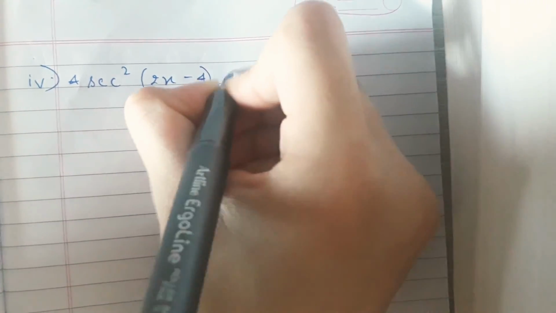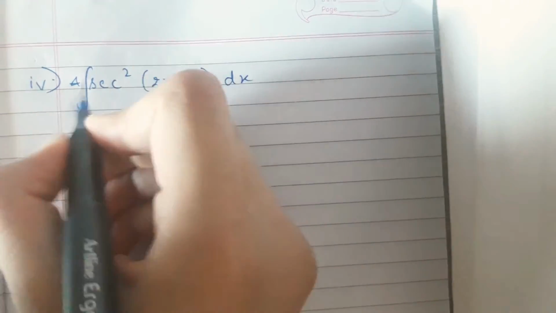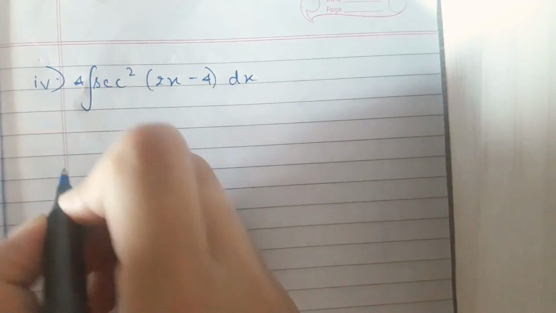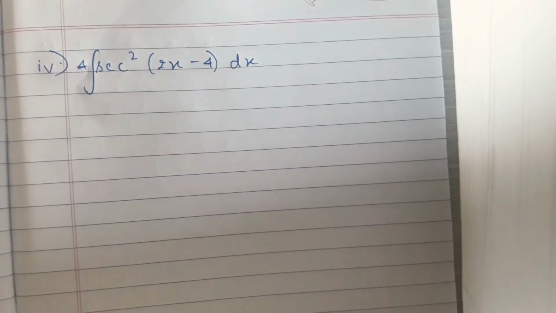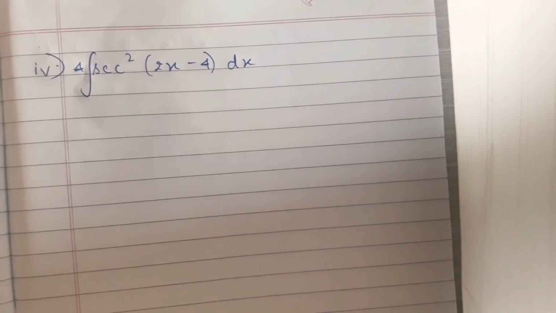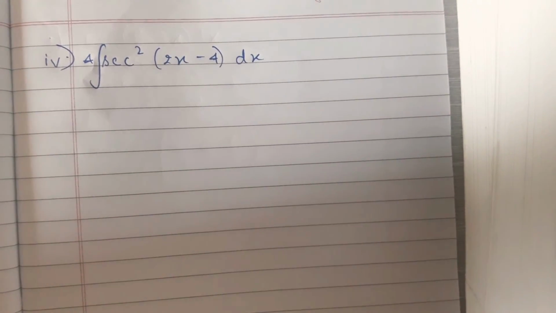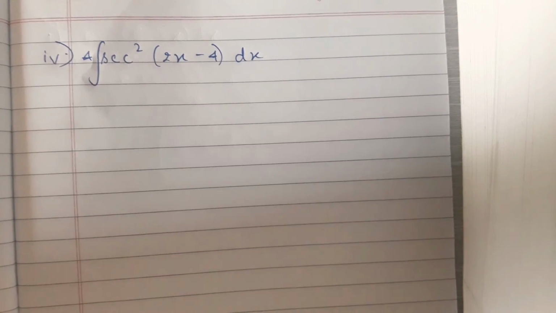Okay, so let's move on to the fourth and the last sub-question, which is 4 sec square 2x minus 4 dx. Again, I'm leaving the constant outside and putting the integral sign over this term. And we know that when we integrate sec square of x, we get tan x. So when we integrate sec square of 2x minus 4, we would get tan